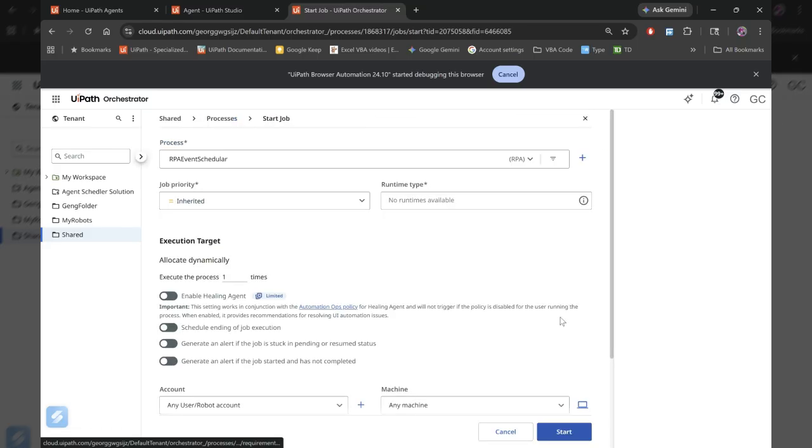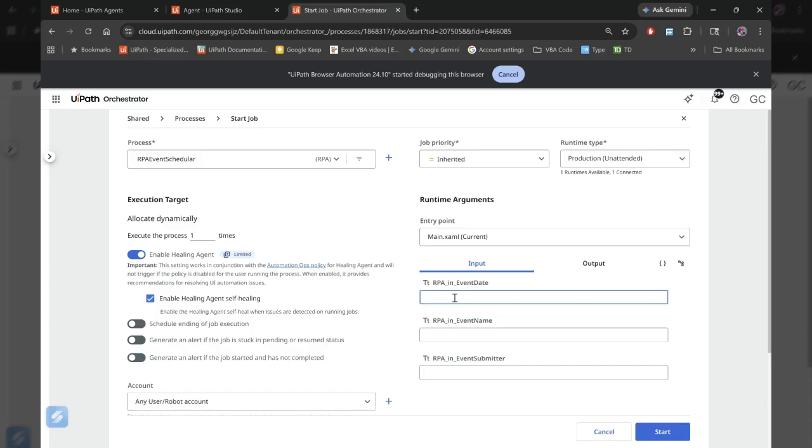So I'm running it. Okay, event date, I can say May 16, event name, meet control team for business process. And this is coming from Jennifer. Okay,